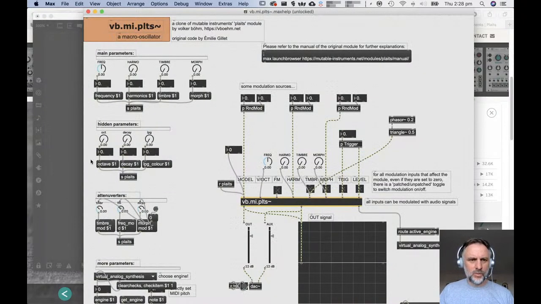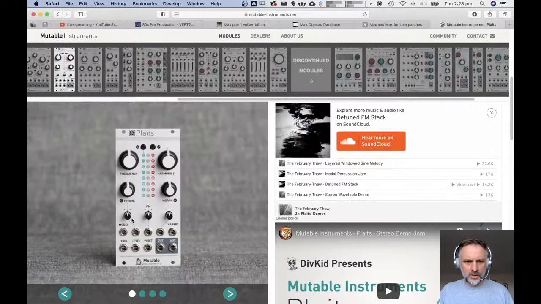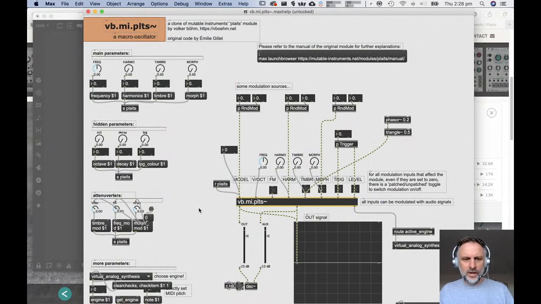So you can change the way the internal LPG works, what the kind of octave range is. The attenuverters are those things there. So they will control the amount of modulation from the inputs to timbre, frequency modulation, and morph, respectively. And